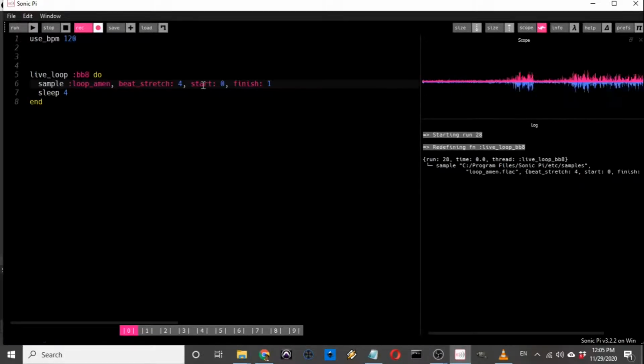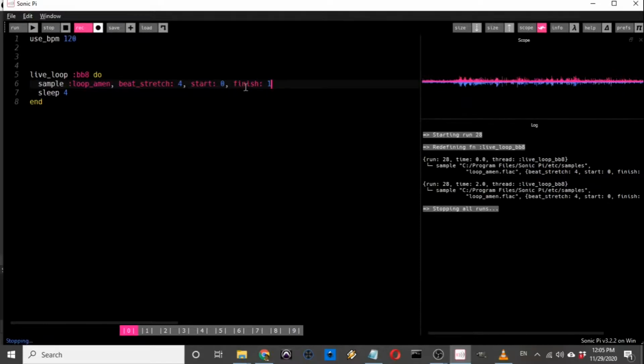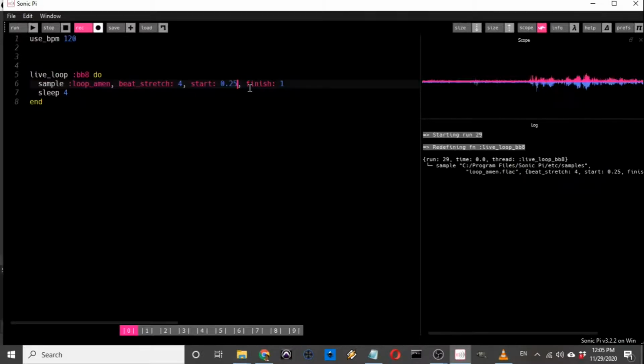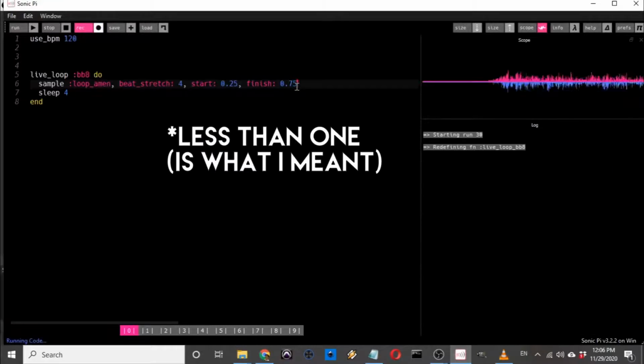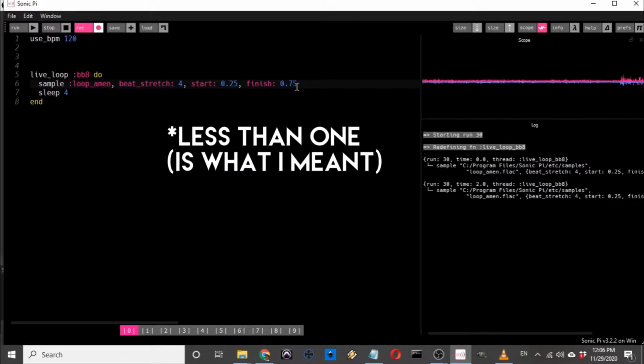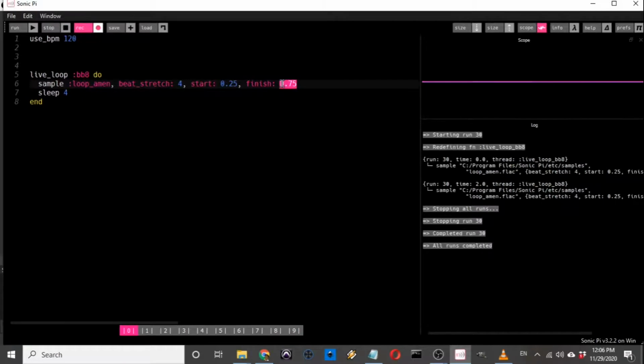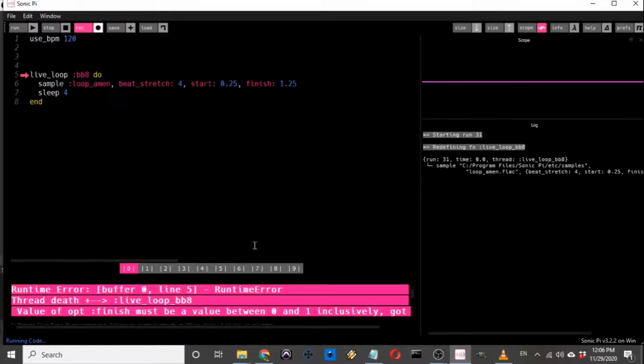So if I went 0.25, and I can make this also something less than 0.25, I can use 0.75. But if I went 1.25, the error says value of opt finish must be a value between 0 and 1. So in this case, Sonic Pi very explicitly tells you that you can't do this.